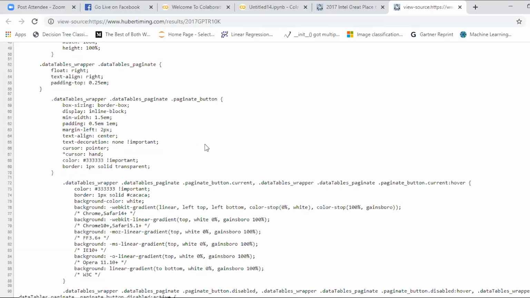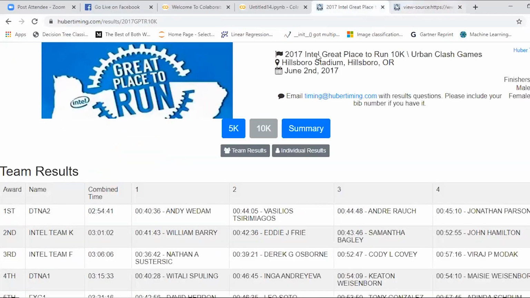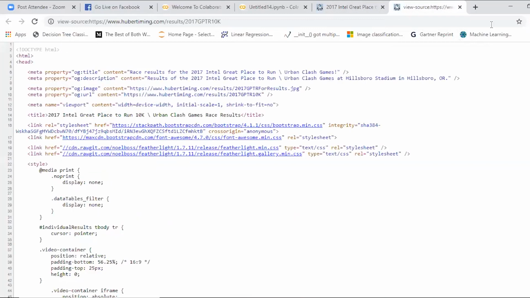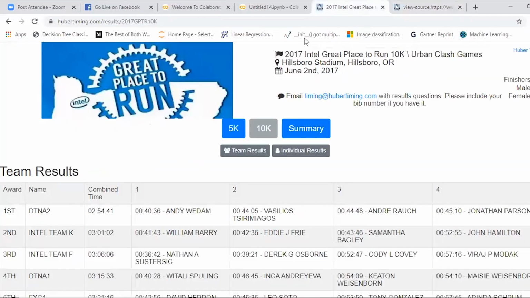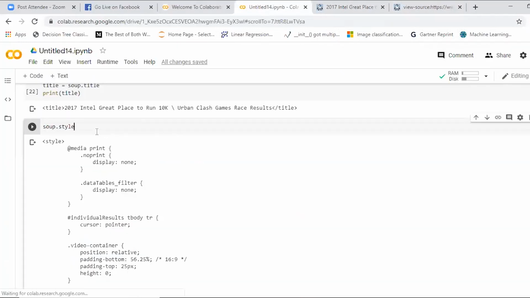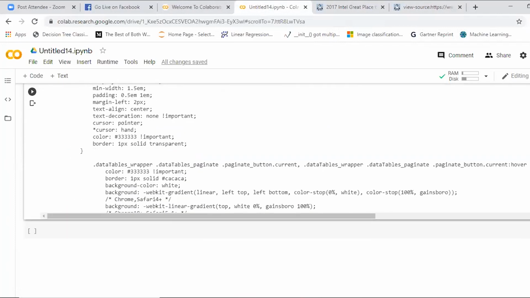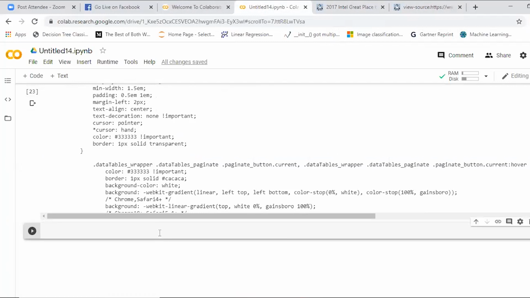You can inspect. If you inspect, you get the HTML and styling, everything. But if you go for view page source, you get the entire page information. So that is how we got soup.style to get the style of the page. Is it clear till here, everyone? I think you're following how to get the title and the styles. So the next step is, we'll try to extract the tags, the tables and table headers. We'll go for that part.